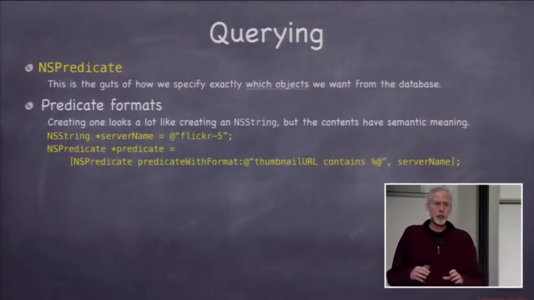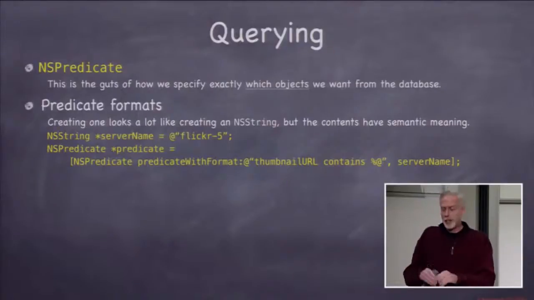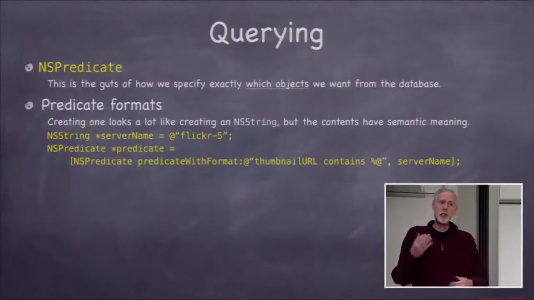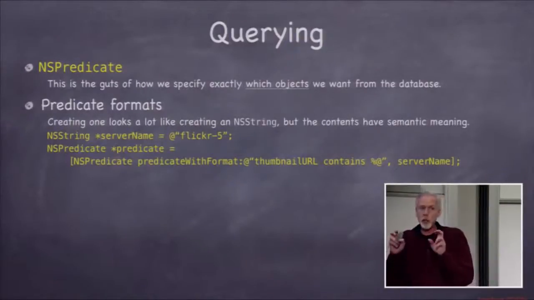Now, this is good and bad. The good news is this is incredibly flexible, and you can specify unbelievable kinds of criteria for finding what things you want in the database. The bad thing is it's a little bit for you to learn, because it's almost like you have to learn a little bit of a language here, the predicate language for how you specify what you want to choose. The basic format